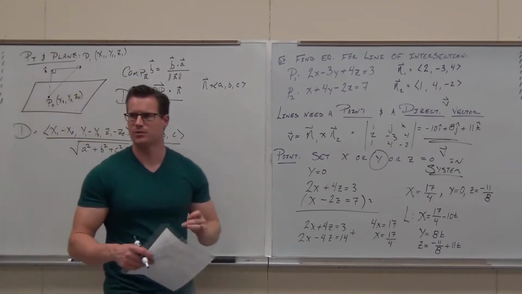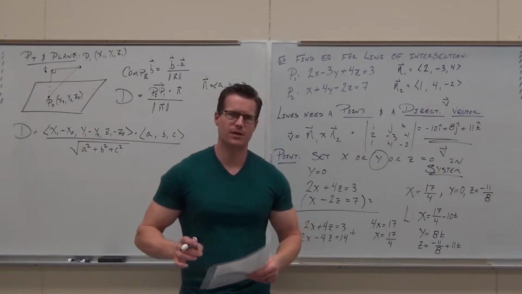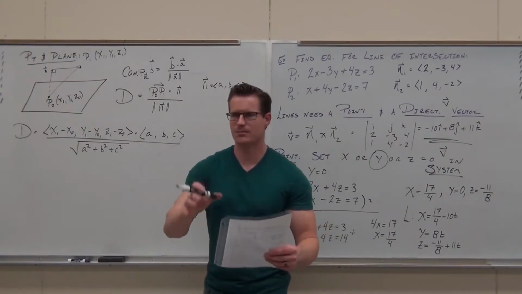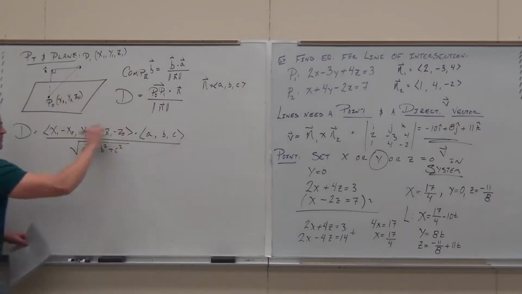Head nod if you're okay on the proof so far. This is the cool part. You're gonna miss it if you blink at it. It's pretty darn neat. If you dot product this,